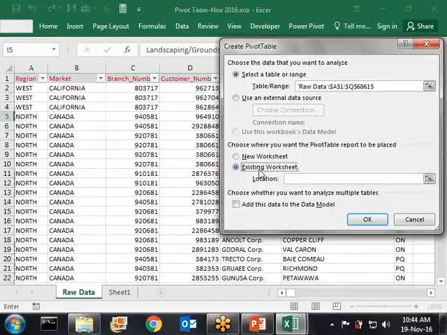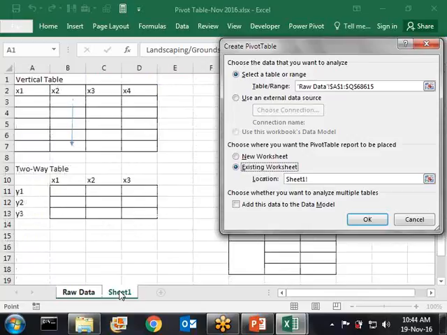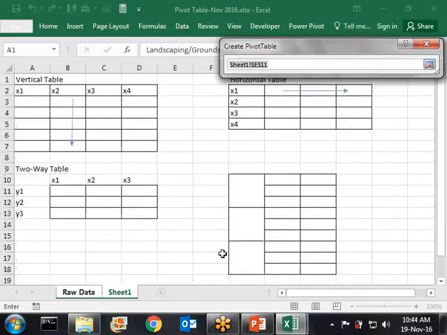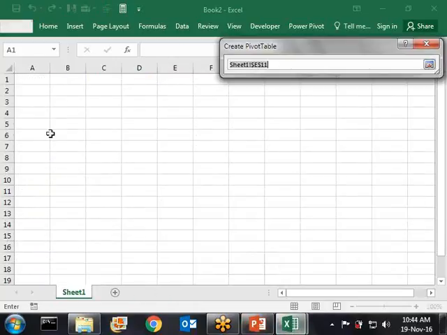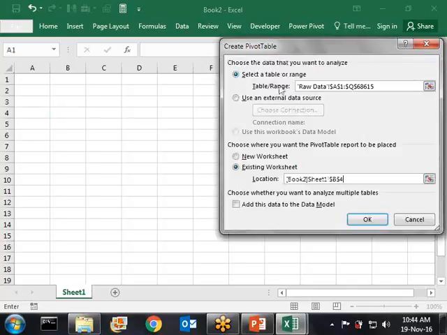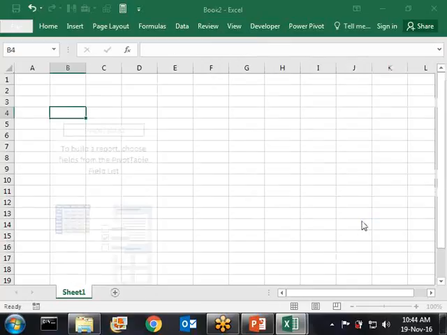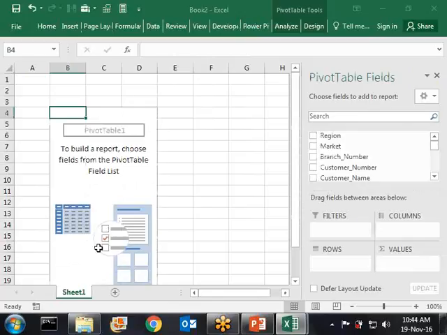I can click on existing sheet. Now what existing sheet asks for is one starting position of the cell. It could be in the same worksheet where you worked and you have to give one starting cell, or like I was trying to explain to you, you can go to any of the workbooks which are open and go to any sheet of that workbook and say, hey, this is where I want to start my pivot table. All that is required is one single cell of any open workbook, any worksheet. Right? Once we have done that, then we can click on OK and we get a basic structure for the